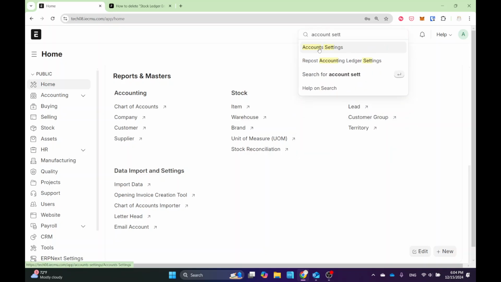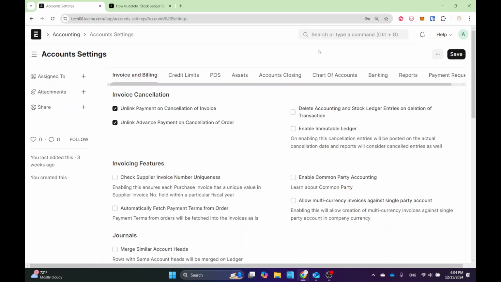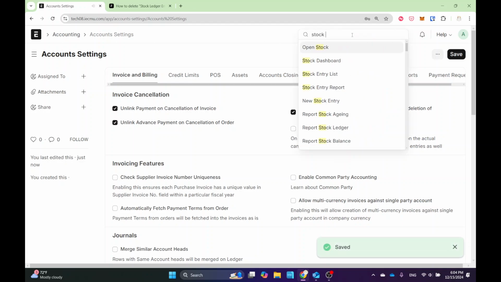This one right here. If you want to dig deeper, you can follow it, or if you don't mind, you can just skip this exercise. I think you want to enable this option. This one is doing exactly what the problem is: it allows the deletion of the stock ledger entry, which you're not supposed to do, right? But let's do that. We hit save, and now if I go back to my stock ledger and stock entry,